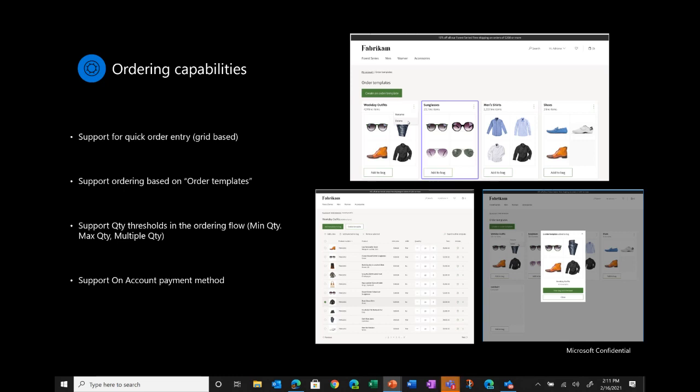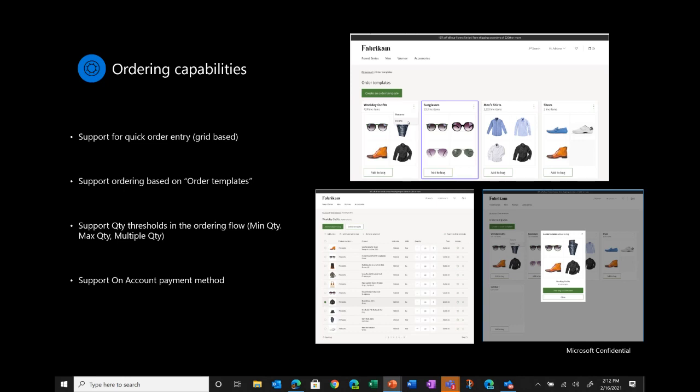So beyond the quick order entry, we have also enabled support for order templates. The other unique aspect or typical nature of a B2B order entry is, in a B2B scenario, users typically tend to order the same products over and over again. So there's a lot of repetitive orders. Because the business might be buying consumables, the business might be buying spares, the business might be buying merchandise which they keep in stock over months. So the orders are mostly repetitive. So a user doesn't want to start the order entry process from scratch every month.